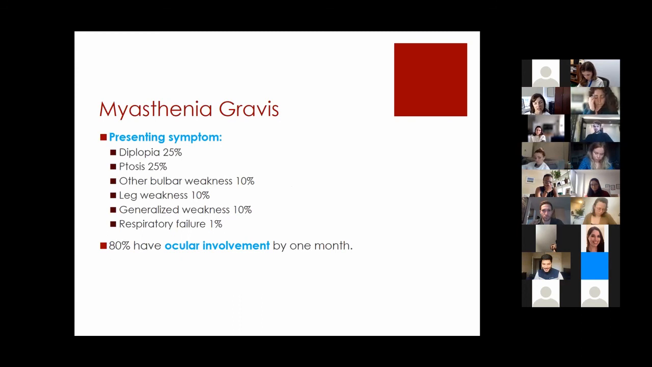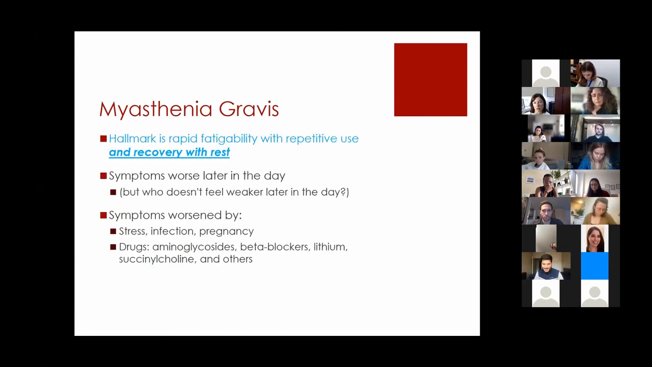The majority of patients have ocular involvement. Many patients will end up staying just with ocular myasthenia and not develop generalized myasthenia. And some patients, as time goes by, may develop more generalized myasthenic symptoms. The hallmark, again, is this rapid fatigability, which we try to elicit on exams. We may have them look up for a whole minute and see if after that time they develop ptosis